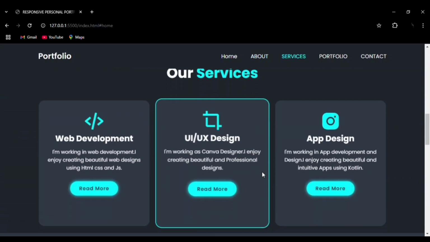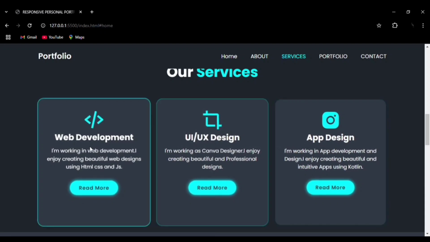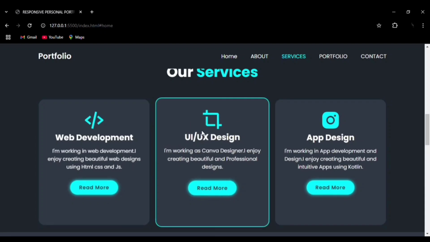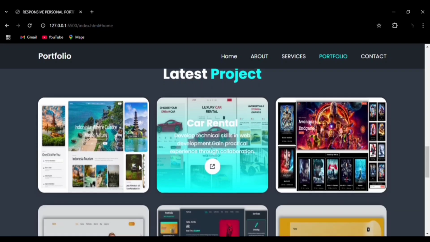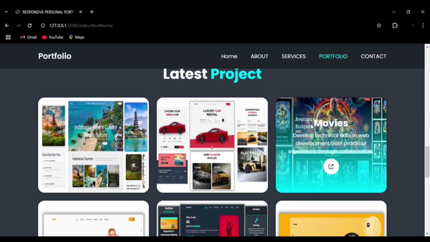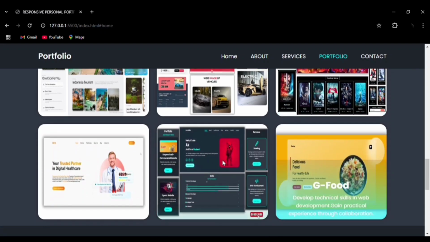You can see the hover effect, the 3D box effect to it, and we have integrated the icons also, and a read more button. You can see the hover effect, very smooth transition, and you can see the hover effect on the projects, what project that is, and small information, and with an external link, a demo link that we have added, and an icon. You can see the very smooth transition,